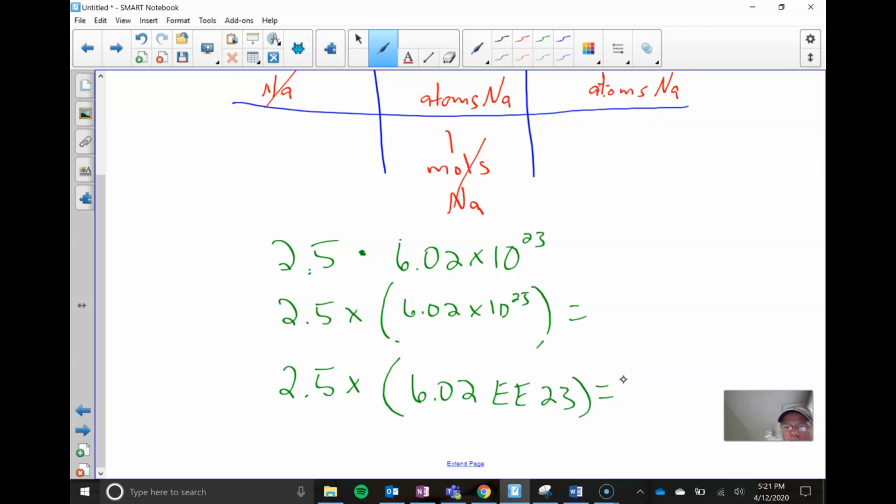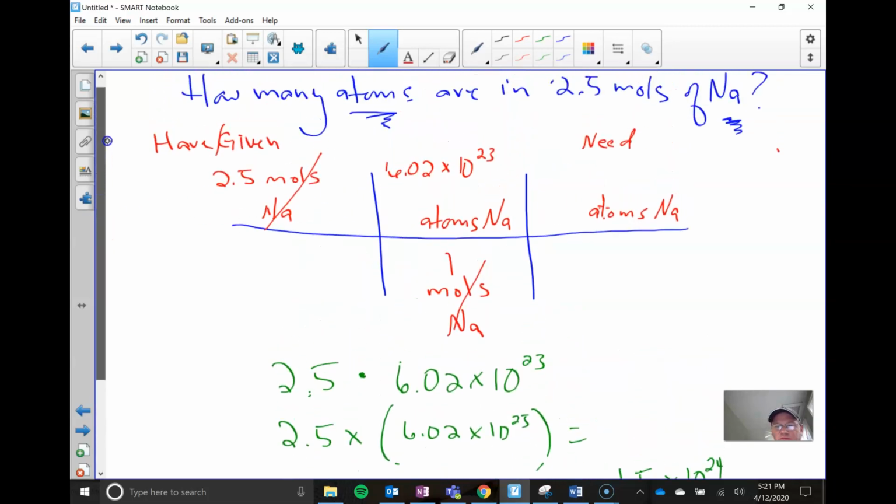Okay, so practice that, pause the video, practice that, and you should get an answer of 1.5 times 10 to the 24th. Now we're not looking at just rounding to the tenth place right here. We're not going to cross that bridge right now and worry about how many digits to round to. So then that's your answer up here. So 2.5 moles of sodium contain 1.5 times 10 to the 24th